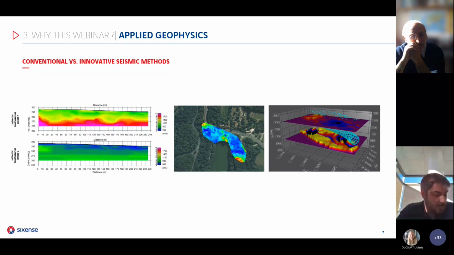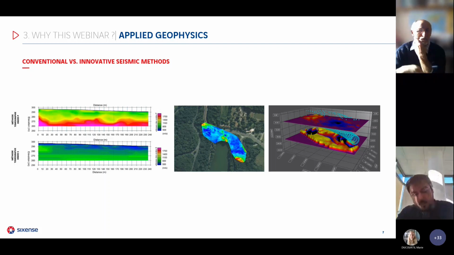But we can consider passive seismic a recent evolution of our job. The theory of passive seismic is not very recent. We talk about this in academic research since the beginning of the 70s. But the real application in applied geophysics, we can say it's only since 3 to 5 years that we use it regularly.